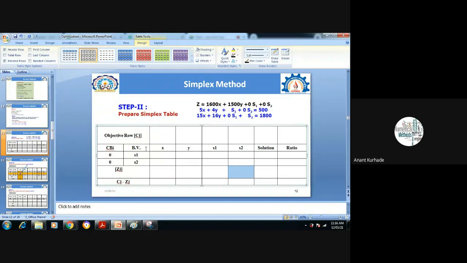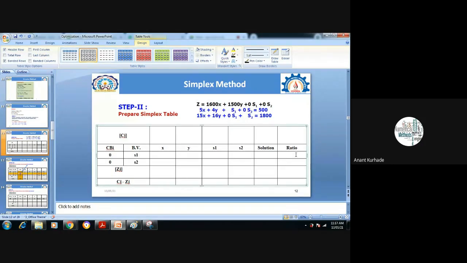Now, basic variables. You have to keep this in mind. If you don't want to write the objective row, you can write only Cj, no issue. Now, towards the right side of basic variables, write down the variables from your objective function. Always think about the objective function, its variables and their coefficients. Towards the right side means x, y, s1, s2. We have taken these from here. Exactly below basic variables, write down the slack variables.